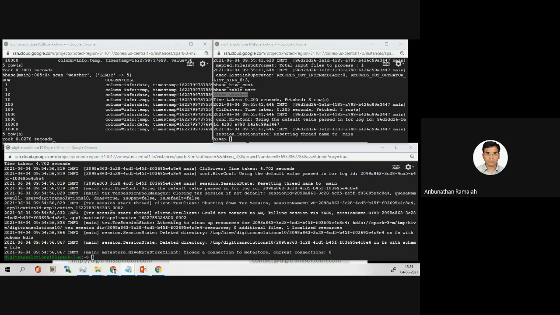Now what we'll do, we'll display the values. For example, 10,000 values from the HBase weather, that means whatever from the HBase database we copied to the Hive table. So we'll take 10,000 records from that and display.